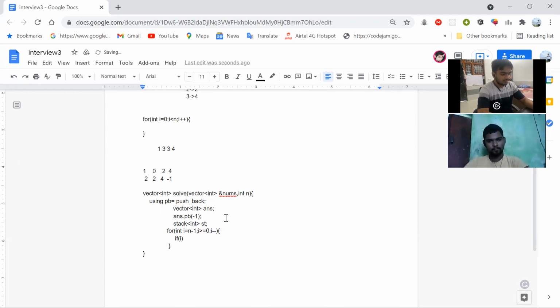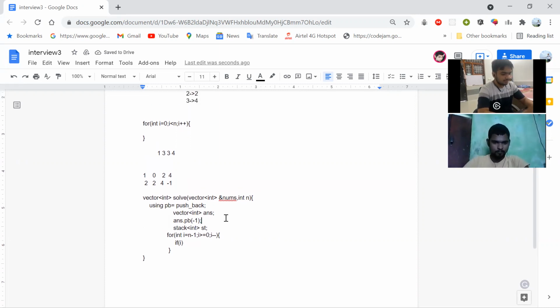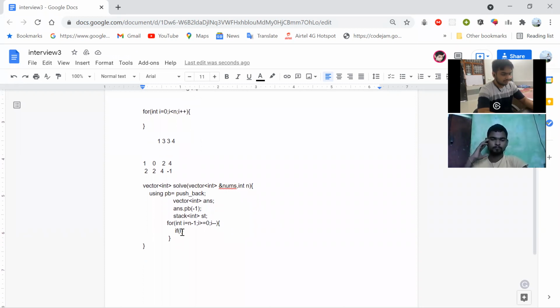After all, I need to reverse this vector, because it will give me the reversed order. I'm starting from n-2, and I'm also inserting the last value in my stack, which is the array of n-1.